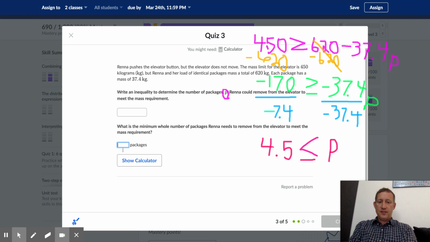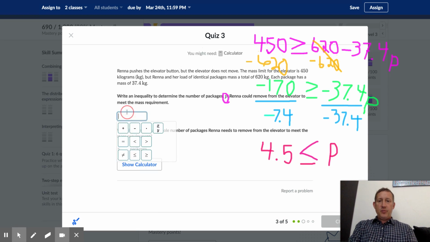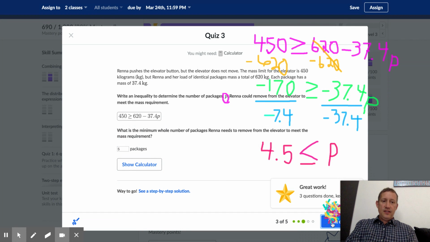And that'll be your answer. 5 packages. Up here, you have to put your inequality that you initially started with. Again, your inequality could look in a few different ways, but the key is it has to be true. So 450 is going to be greater than or equal to the amount that you put in the elevator. So we're going to subtract 37.4. And they want us to use the variable p. If you put an x, it won't like that. I don't know why. Okay, that's it for